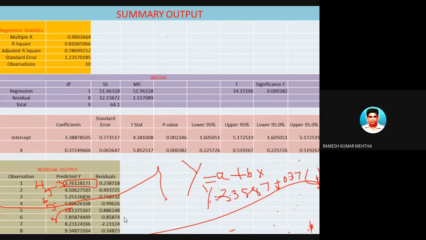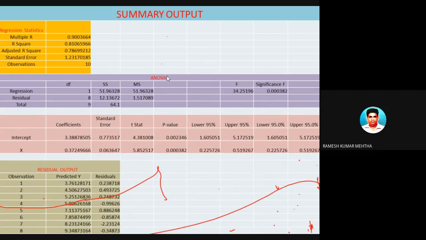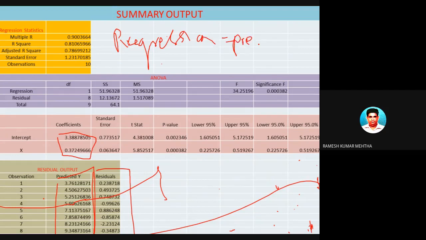I will explain once again. Just pay attention. Very important, because please remember, regression is a prediction model. If you don't understand this, and if you don't understand residuals, it's very difficult to understand it. Hope you are clear. First and foremost, multiple regression or regression is a prediction tool. Now, what do you mean by prediction tool?